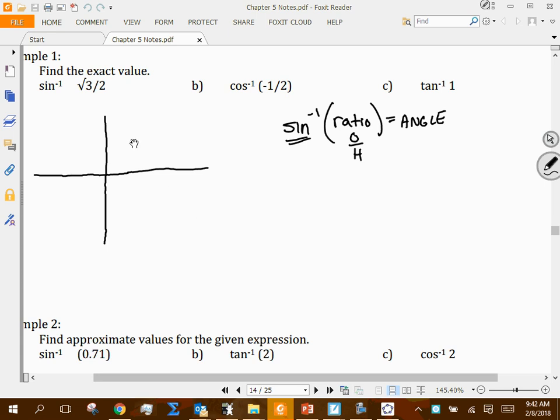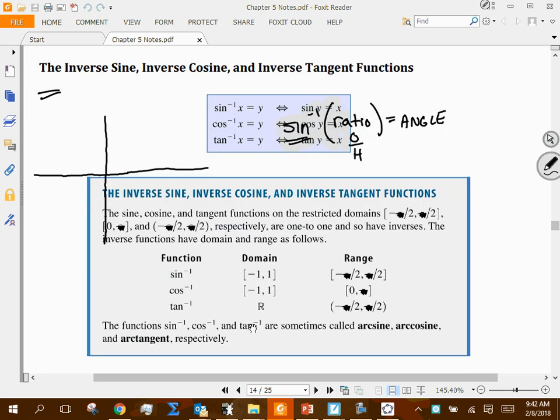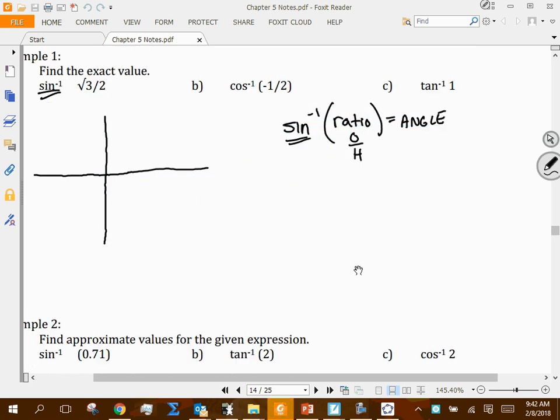So let's just deal with this in the first quadrant. Remember, going back up to this blue chart, sine inverse is only going to give output values, range values, between negative pi over 2 and pi over 2. So we're looking at essentially just angles in those two quadrants. Because of the nature of those numbers, I know I should be in the first quadrant, because radical 3 is positive,